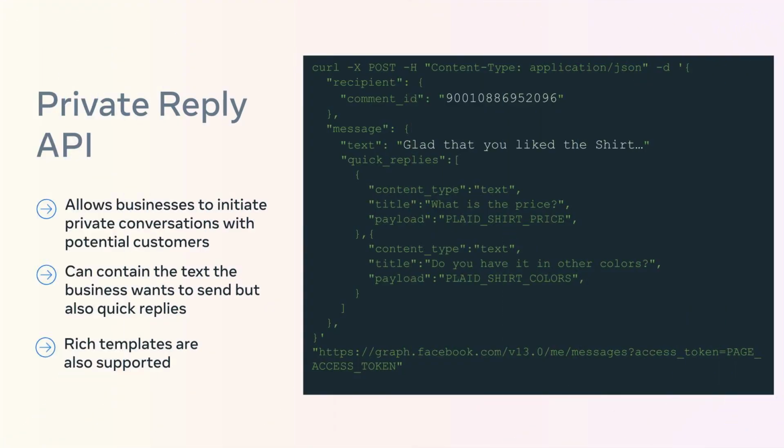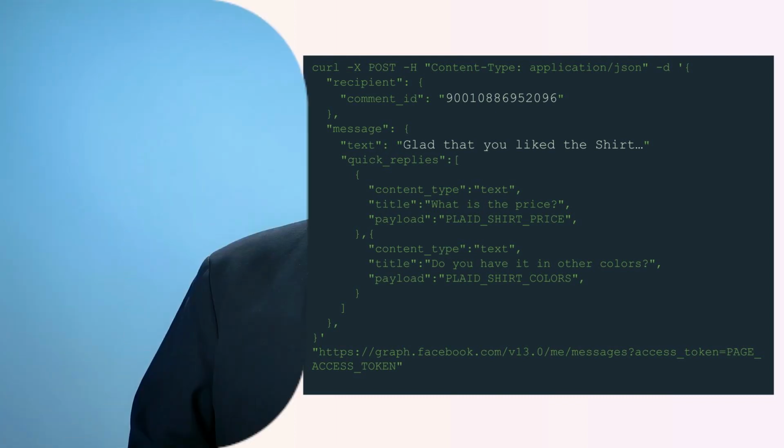Using the Private Replies API, an app can make a POST request to send a message, in this case with the comment ID as the recipient and the private message you want to send. Like in the example, we are replying, "Glad you like the shirt." The person receiving the reply will get a link to the original post, your message, and a set of call to action buttons on the thread with your business. Make sure to include quick replies on the first message to make sure that it's easier for the customer to reply.